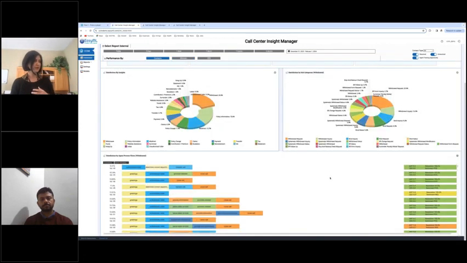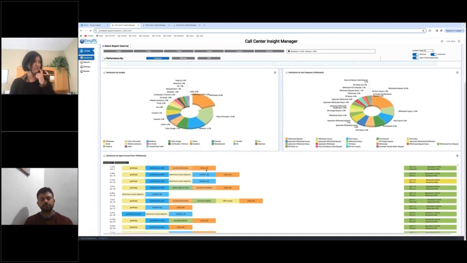What you see at the bottom of this screen, the horizontal bars, are various steps that the agents are taking to resolve the issue. So starting from the greeting exchange to closing the call, what are the different steps the agent has taken to resolve that issue? What this AI model is doing is looking at all the call transcripts. It is identifying what kind of resolution is getting arrived at, and it is creating these clusters, or should I call it the call journey, right? So the various steps to resolution that the agent is taking.